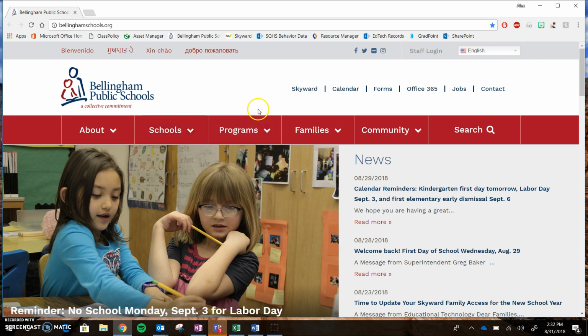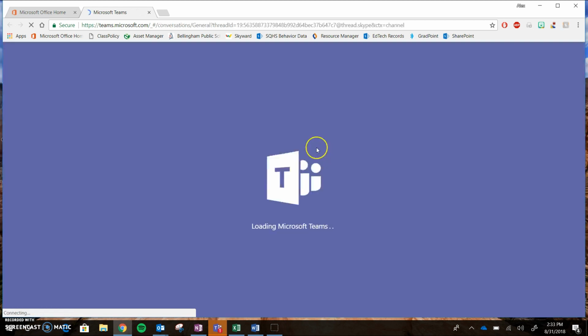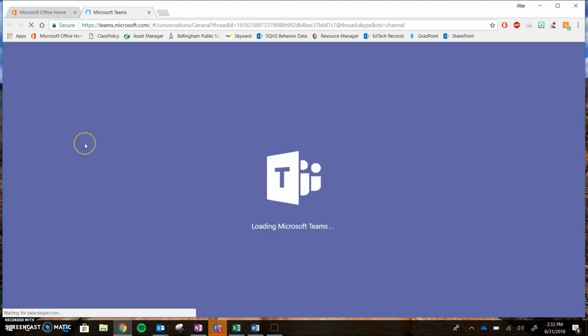So to double check if a kid has access, you need to go to Office 365 and you're going to find Microsoft Teams. And it will load all your teams, and basically you're going to want to find the class that you want